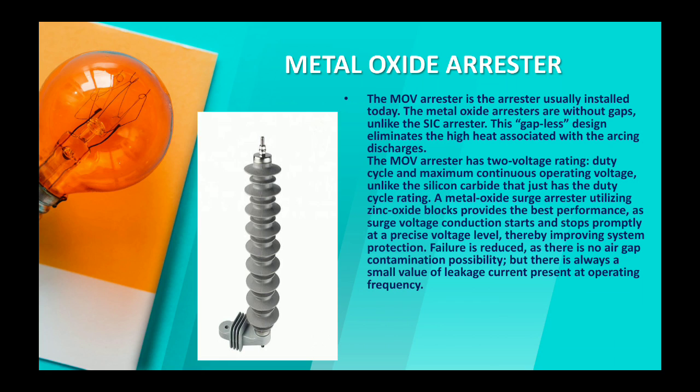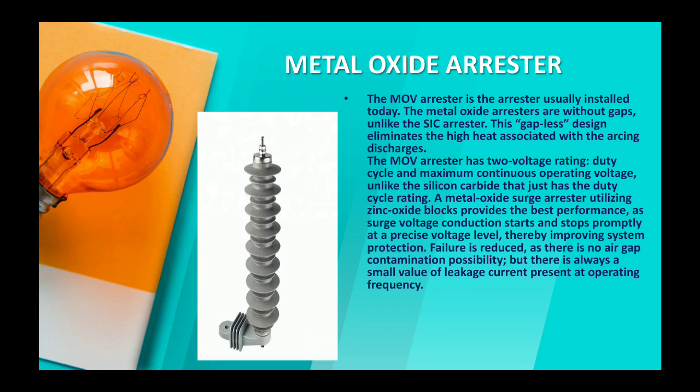This gapless design eliminates the high heat associated with the arcing discharge. The MOV arrestor has two voltage ratings: duty cycle and maximum continuous operating voltage. Unlike the silicon carbide arrestor, which just has the duty cycle rating,